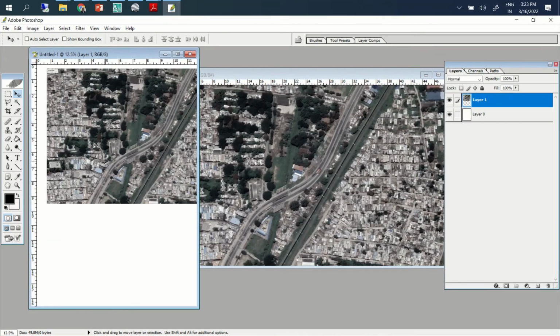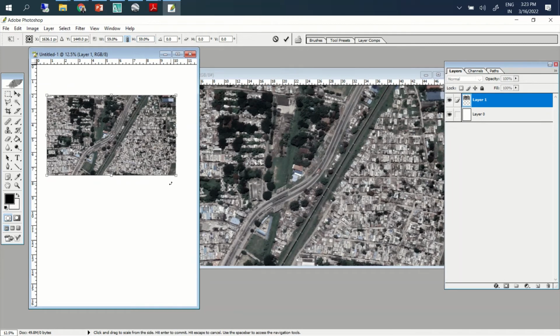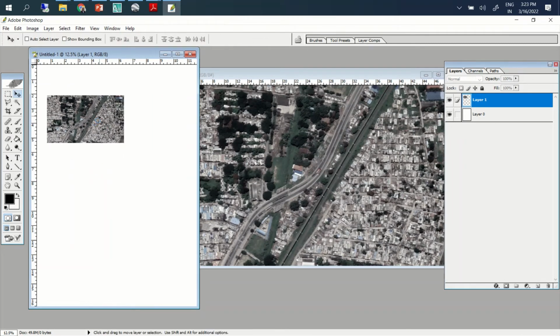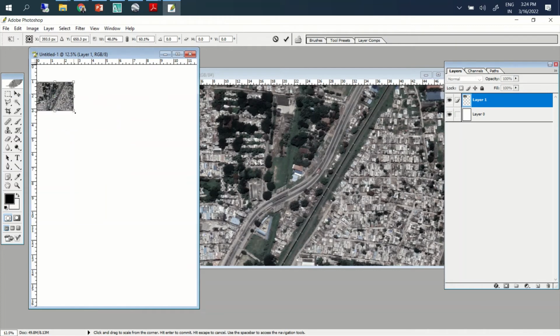So let's say we have multiple images, individual images like this. For small, let's say 10 images, 1, 2, 3, 4, 5. Maybe I can do that just to give an idea.